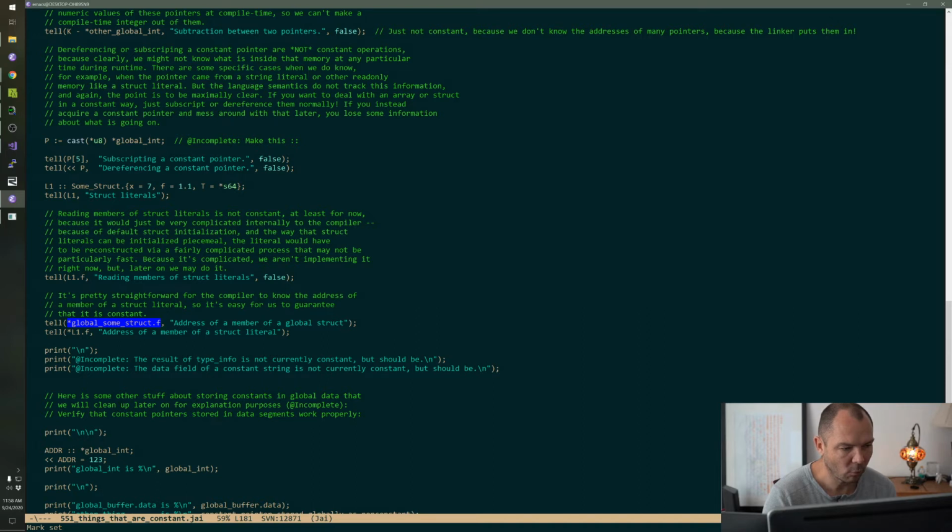Now the code that we're editing right now is the code that does type checking for this operator, the address of operator. And type checking is where we also do constant expression evaluation, because if you want to boil down a constant expression to something simpler, you want to do that before you go code generate the thing that you're crunching down, right? The whole point is to avoid code generation for that thing.